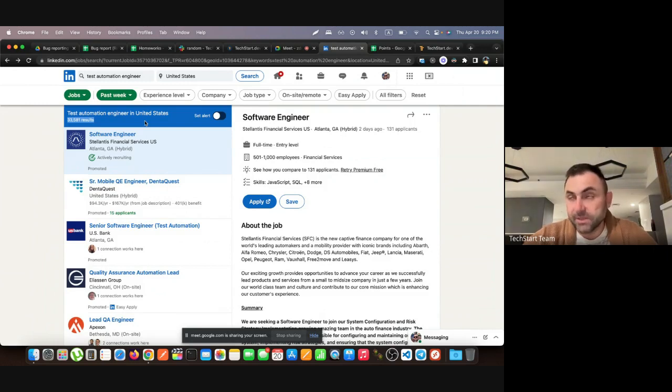Sometimes, as you can see, there are pure manual positions. Some other companies want you to know automation as well, but you will still be doing manual and automation. Whenever it makes sense, you do manual testing. Whenever it makes sense to do automation, you will be doing automation. So that's how it works. So that's why you have more automation, but it's not pure automation. It means it requires automation knowledge, but you will still be doing manual testing, because manual is still there, and